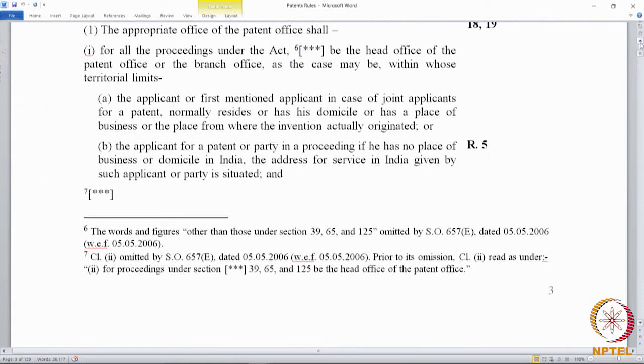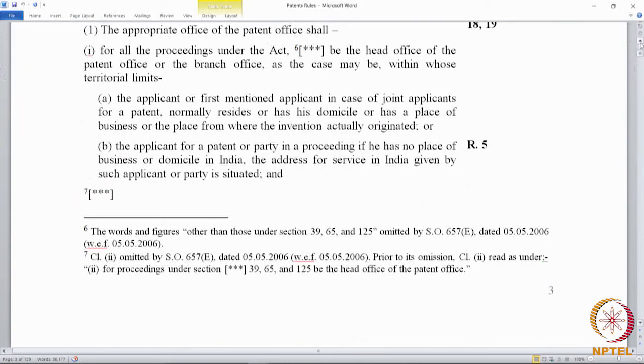Sub-rule 4 says you cannot file a divisional in a different office than where the parent was filed. 5 says there were some cases where it was filed, we will transfer it to where the parent is. So, the child will be transferred to the office where the parent is. So, 5 only takes care of that.